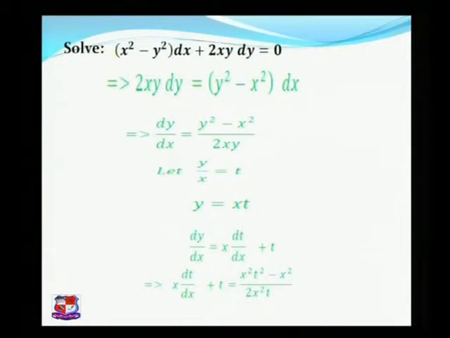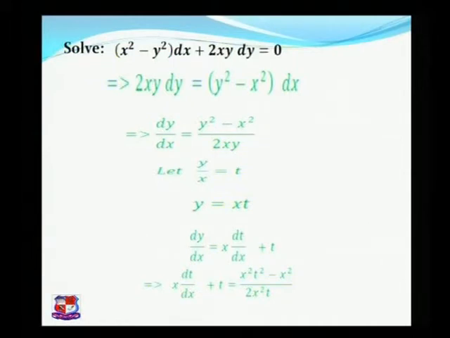So for the solution we can take y upon x is equal to t, because we know that we can write this function in the format of x raised to n into f of y by x. So it is easy to take y upon x is equal to t, or I can say y is equal to xt. If I take y is equal to xt, then the differentiation with respect to x gives us dy by dx is equal to x into dt by dx plus t, where I have used the multiplication rule for the differentiation, x into dt by dx plus t.